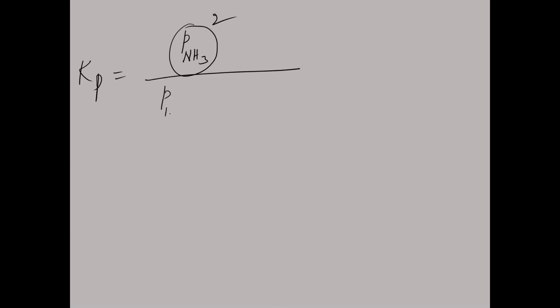Next. Now see here. For the above equation, I'm writing Kp here. Kp means in terms of partial pressures. So Kp is equal to, first we take products by reactants. The product is ammonia here. So partial pressure of ammonia squared, because the number of moles of ammonia is 2 in the balanced equation. So partial pressure of ammonia to the power of 2 divided by partial pressure of nitrogen to the power of 1 times partial pressure of hydrogen gas to the power of 3.